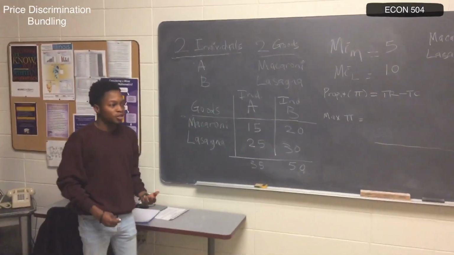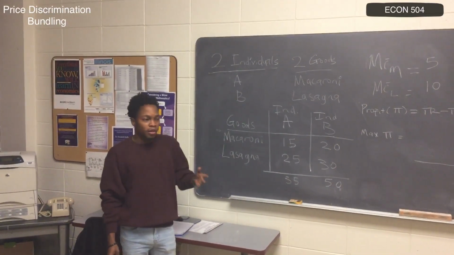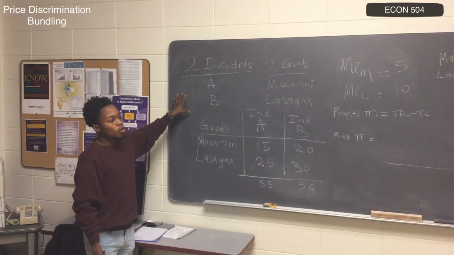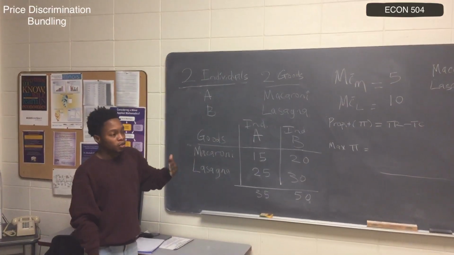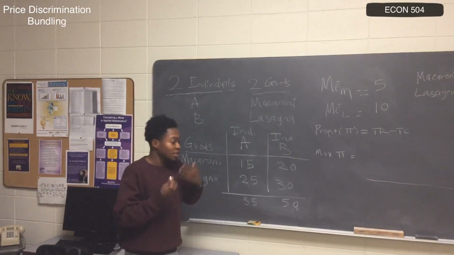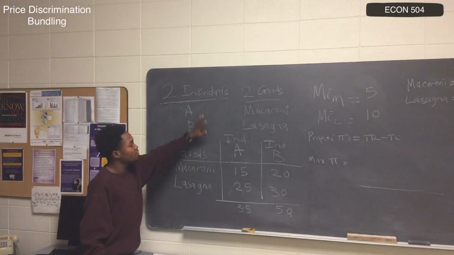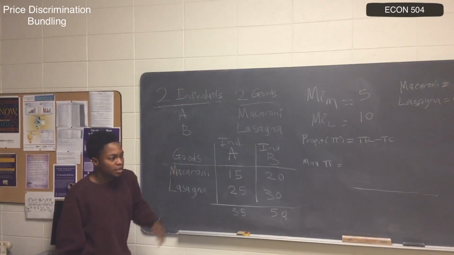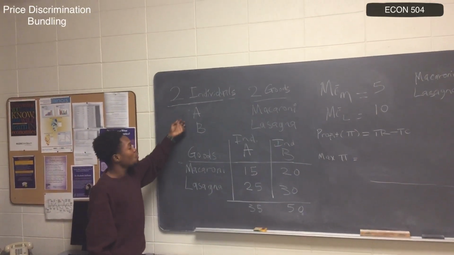So, price discrimination is often used by producers to sell the same goods to customers at different prices. As an example, I'm going to use a two-good world with two individuals. Price discrimination, for example, we'll take the first good. As a producer, myself, for example, I will sell macaroni to both individuals, but at different prices. So this most likely means that the first individual may be a low valued individual, while the second will be